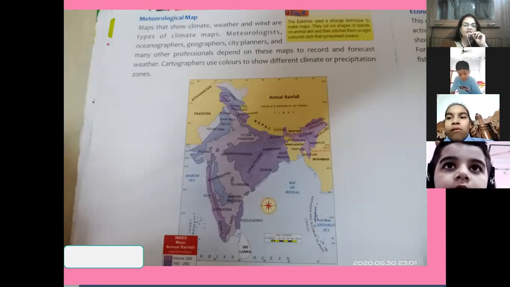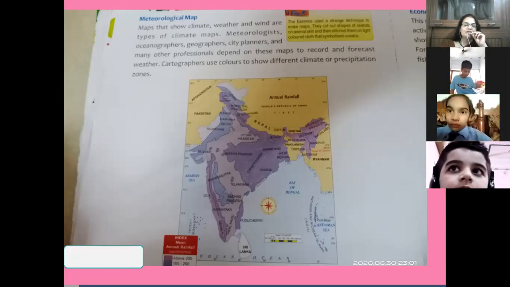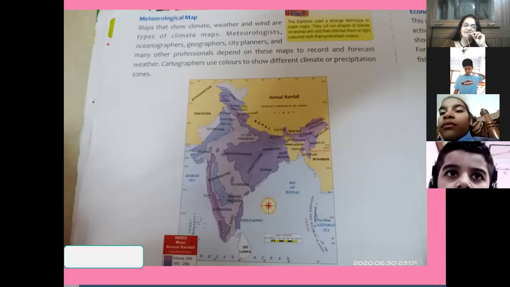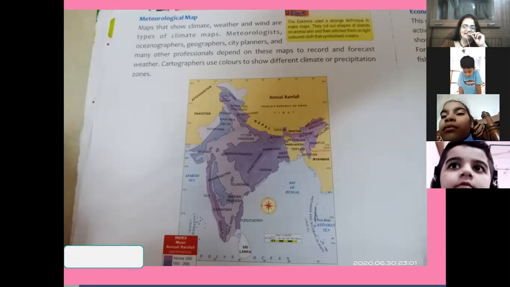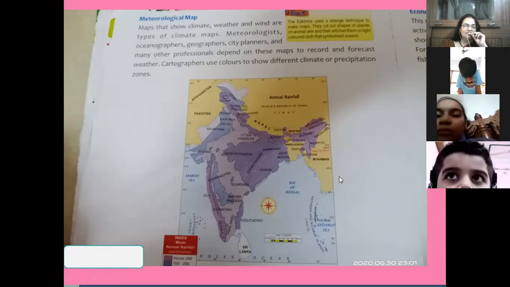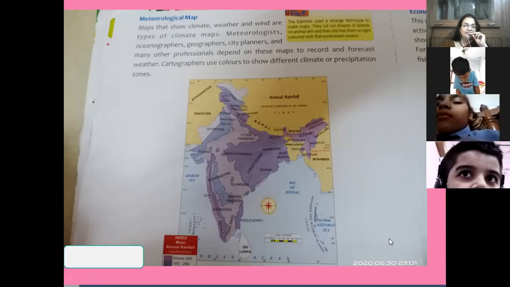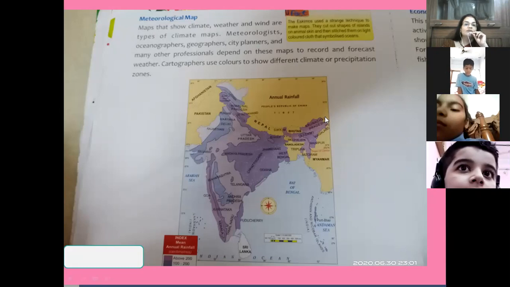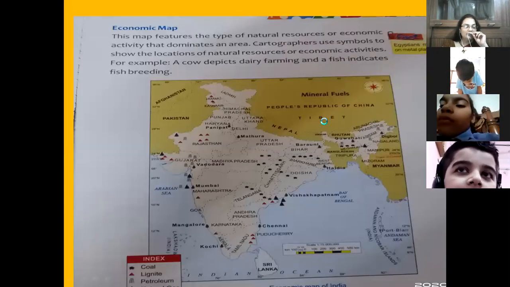The climate of India is tropical monsoon. What type of climate do we have in India? Tropical monsoon. There are four seasons in India. They are winter, which starts from November till February.